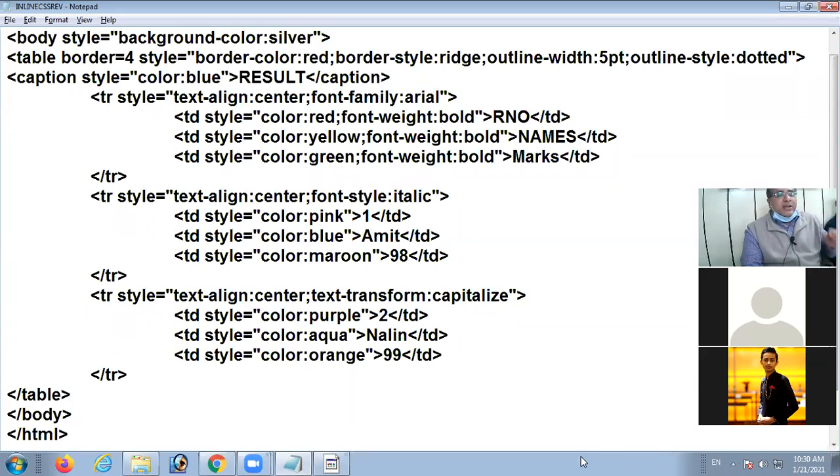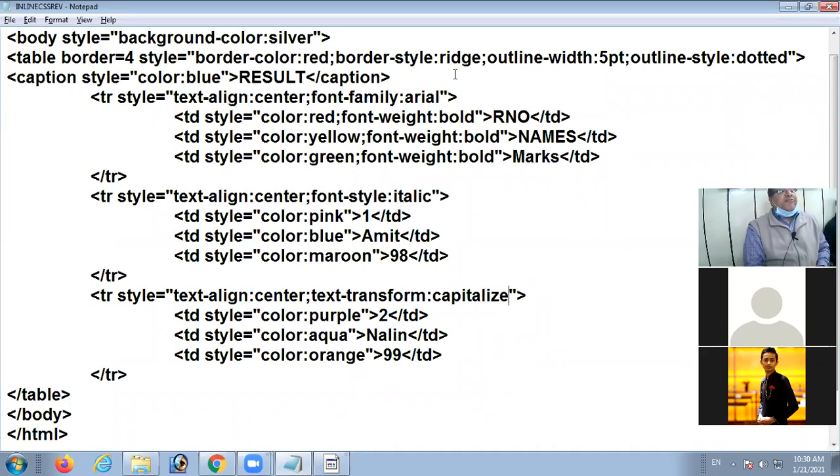Now, one more thing. One solution is, I told you height of table is 250, width of table is 250. One thing is, you directly take height equal to 250, width equal to 250.